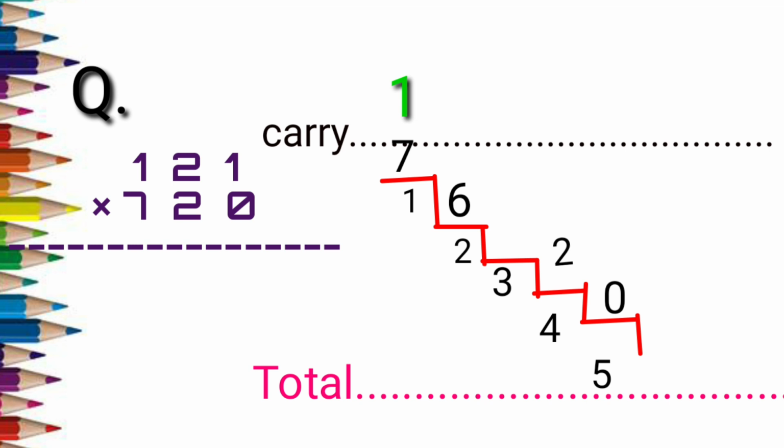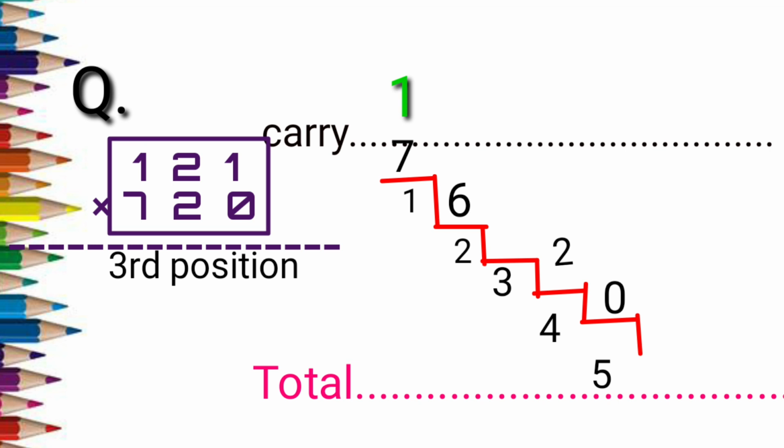So first we took only single numbers from both the sides. We multiplied and we wrote in the 1st and the 5th position. Then we wrote the 2nd and the 4th position. How? We took hundreds and tens together and ones and tens together and multiplied, added and wrote it in the position. If we are having any carry, we have to give the carry. Now the very last step, that is we have to fill the 3rd position. So now we have to take all the numbers together, whatever we are having.